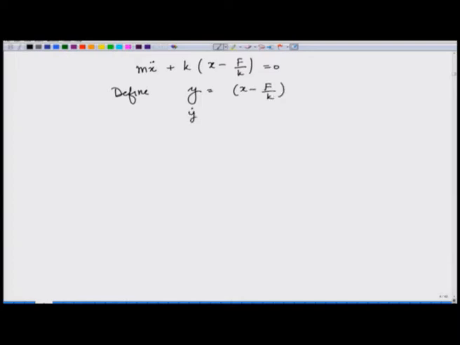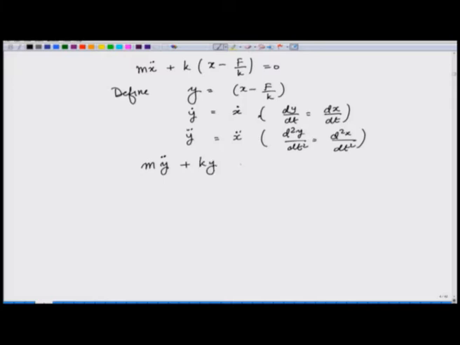Then y dot is equal to x dot, and by this we mean dy by dt is equal to dx by dt, and y double dot is equal to x double dot, by which we mean d2y by dt square is d2x over dt square. And then the equation becomes m y double dot plus k y is equal to 0. This is exactly the equation for a free oscillator, and therefore, the solutions are going to be